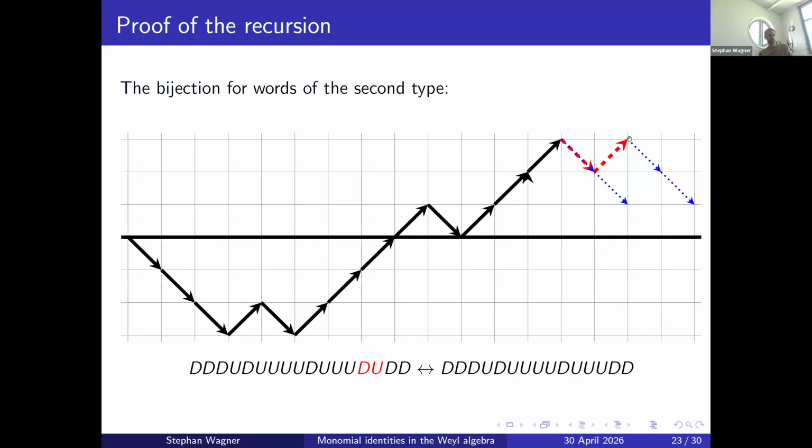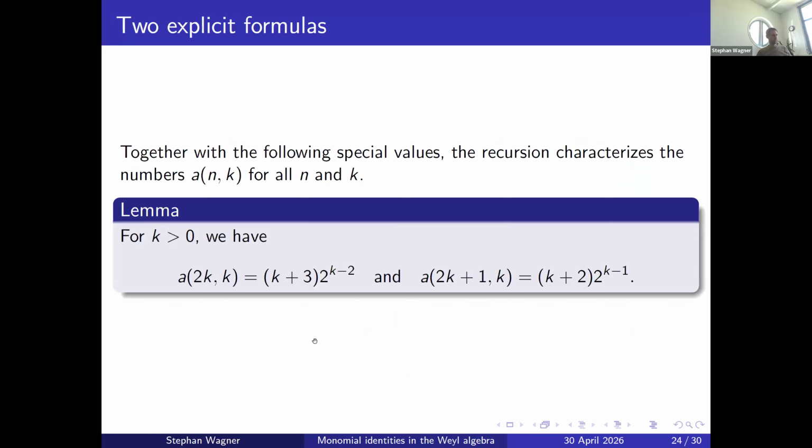And what I do is I remove the final U and the D that comes before it, and just shift the rest here to the left. And again, you can convince yourself that this results in an abnormal word, removing this final DU, and that it represents a bijection. So this proves our recursion, which together with the following lemma actually already characterizes the sequence A(n,k),